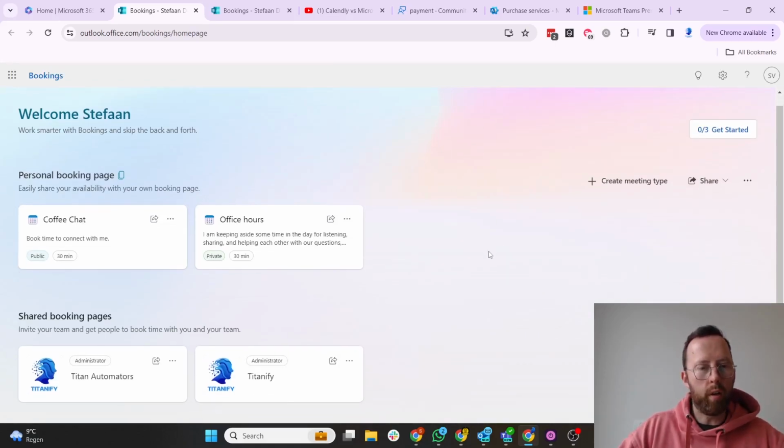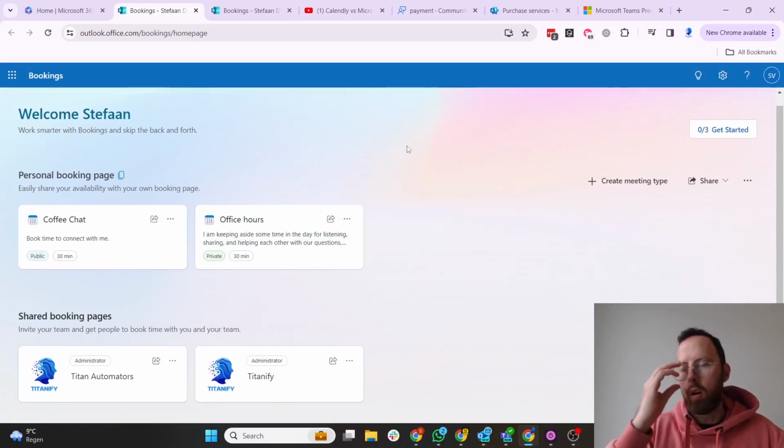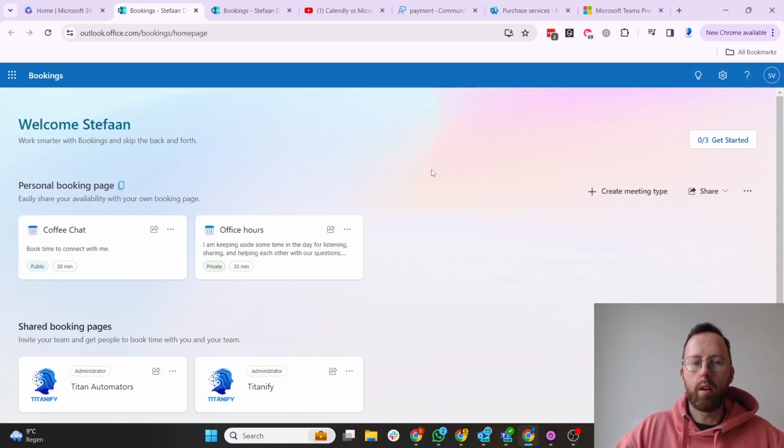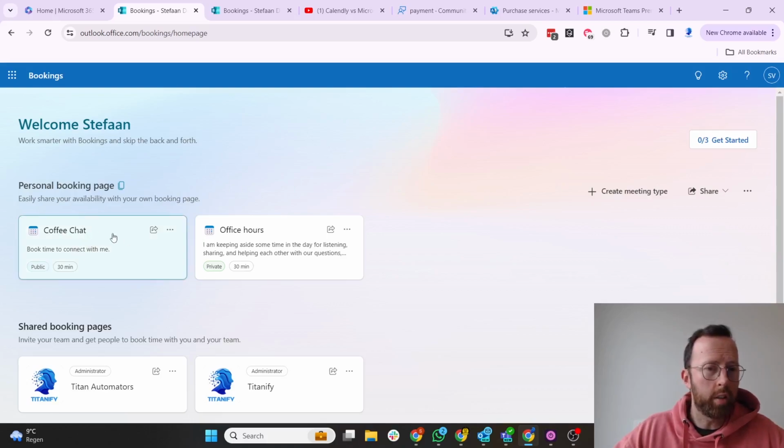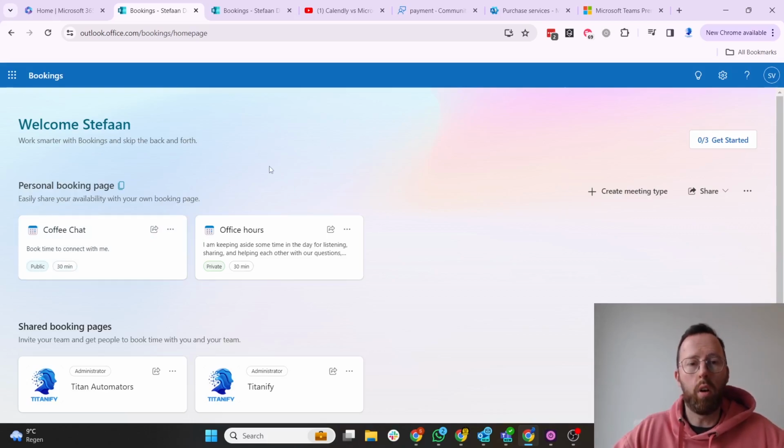Now here you can see that I've already started to set up some stuff. Now there's two main things within Bookings. You have your personal booking page and you have your shared booking page. And you can actually have several shared booking pages, as you can see here. You only have one personal booking page. Depends again on how you're going to use this, right? So if you're using this just for yourself and you only want to have like a coffee chat, a meeting that you want to share with potential customers, with friends, or with colleagues, then a personal booking page might be